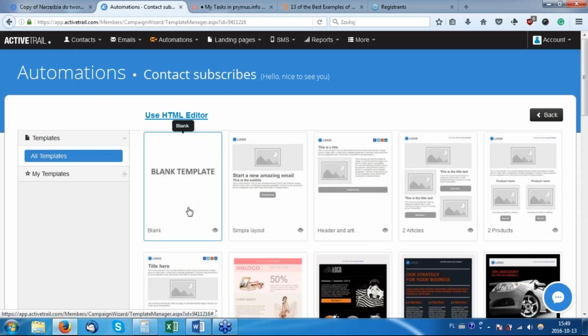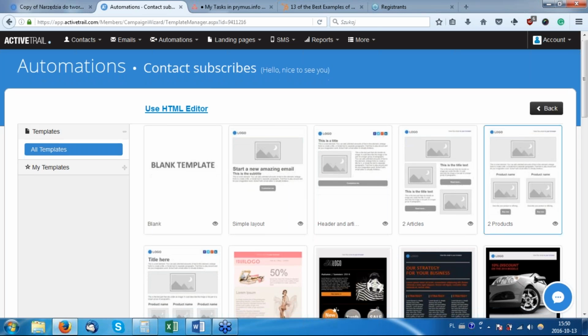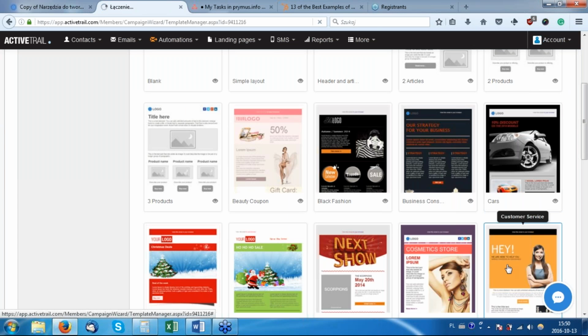You use a template, or you create your own, or you use the HTML editor, and you create it from the very basics yourself. So it really depends on whether you're an advanced user or not. Okay? Right, so if we select, for example, this one,